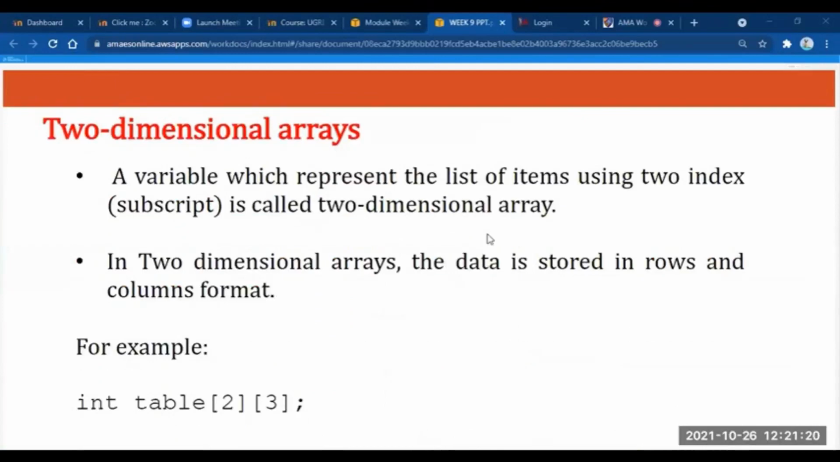So we have here the next array type. Okay? A two-dimensional array. A variable which represents the list of items using two index subscripts is called a two-dimensional array. In a two-dimensional array, the data is stored in rows and columns format. So if we have here 2 and 3, then